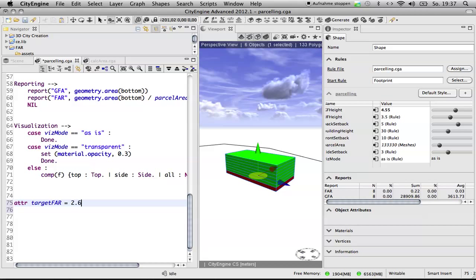So let's say the target FAR value is 2.6. So that's the GFA has to be exactly, or plus or minus exactly the same as 2.6 times the parcel area. So let's go in and